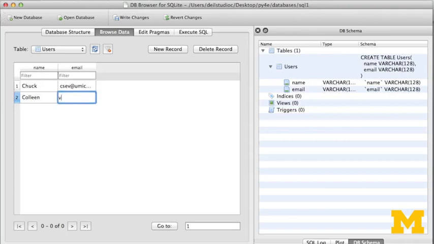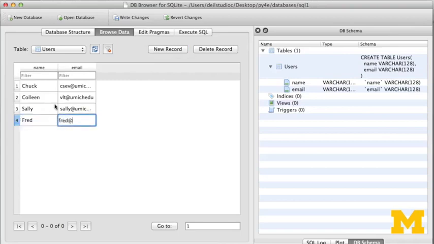We'll call her VLT at umich.edu. I want it so these sort right, edu. Another record, we'll make this be Sally at umich.edu, and then we'll have another one we'll call like Fred. I don't know,